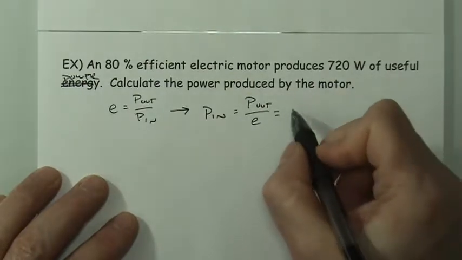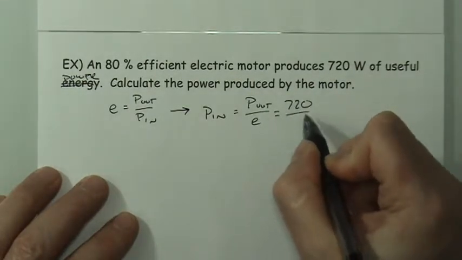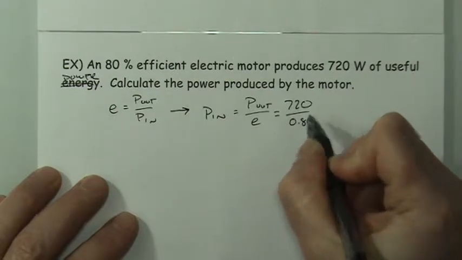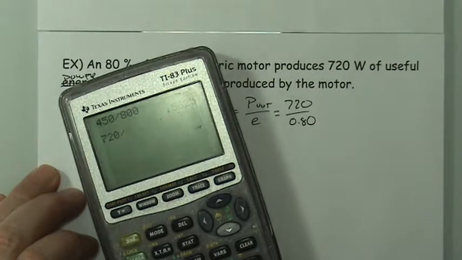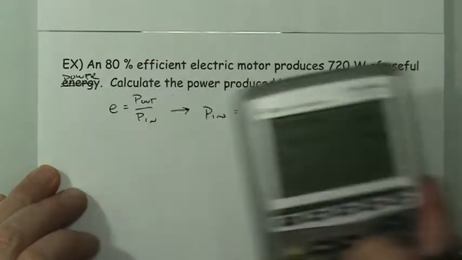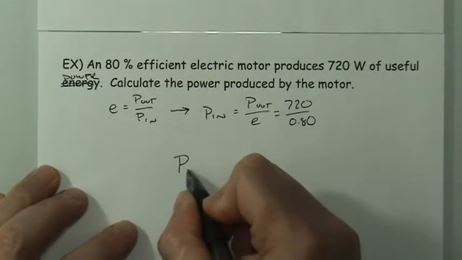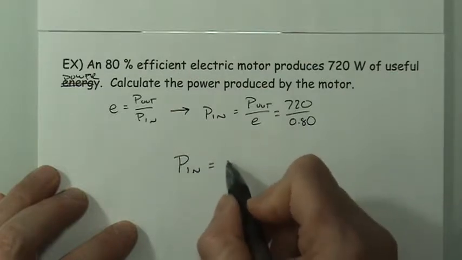And then we can go ahead and plug in the numbers. So 720 divided by 0.80. 720 divided by 0.8 gives me 900. So the input power is equal to